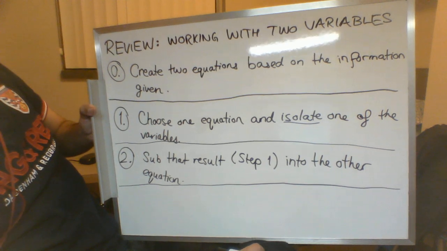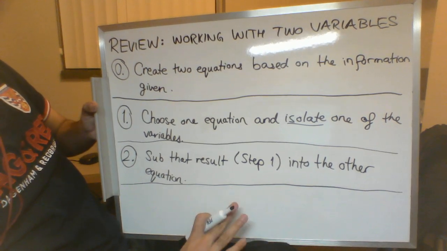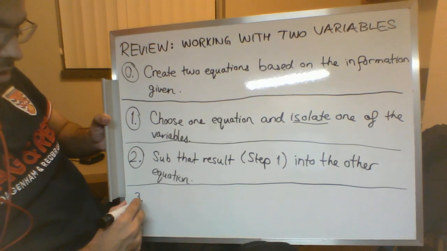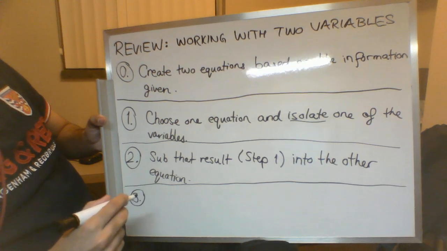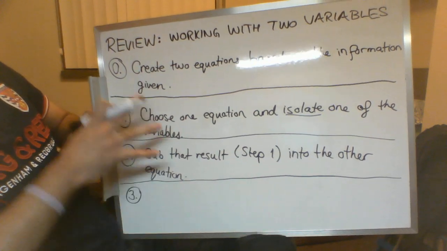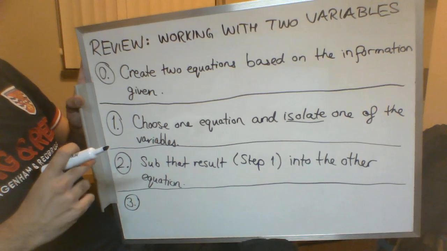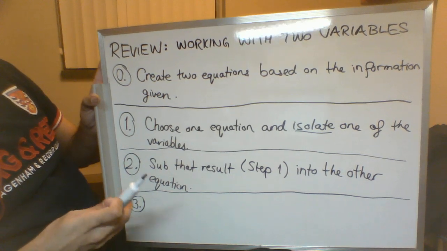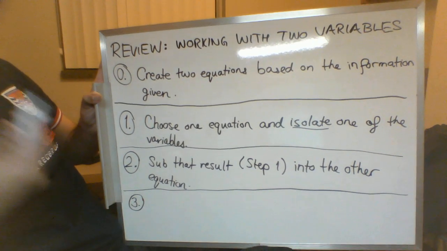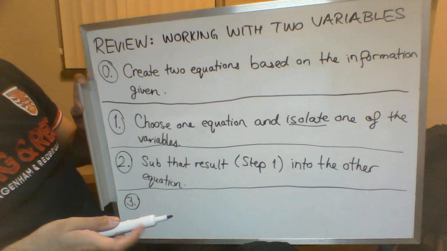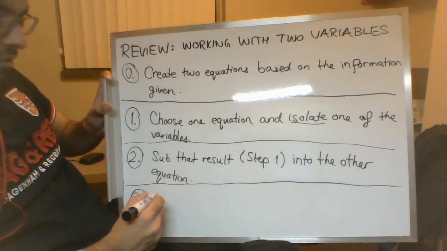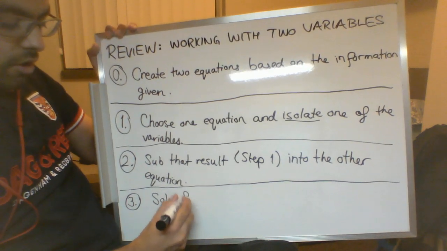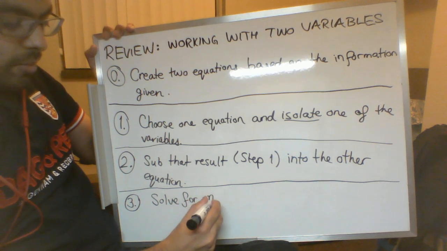So once you've subbed it into that second equation and you've just got, let's say, a whole bunch of x's kicking about and there are no y's anymore, then you can just go ahead and solve for one of the variables, right? If after all of this work in steps 1 and 2 you're just left with 21x plus 84 equals 119, then you can calculate what x must be equal to make that equation true, right? So you can solve for one of the variables, whichever variable you're dealing with in that second equation. So solve for one of the variables